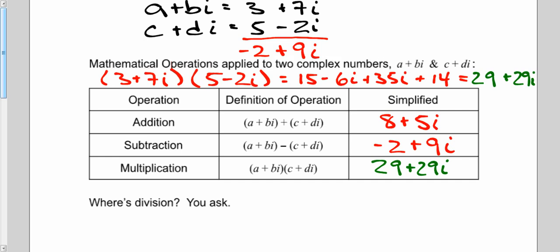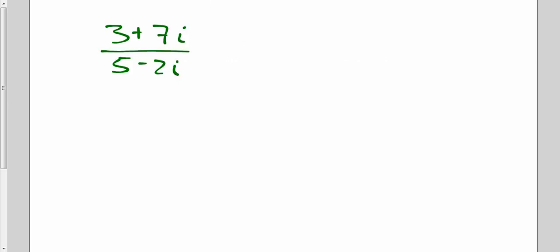Division. So I want to divide 3 plus 7i divided by 5 minus 2i. Oh, the video of this will be posted at the end of the class, and just pick up where we can as best we can. Let me ask you guys this. Who remembers how to do